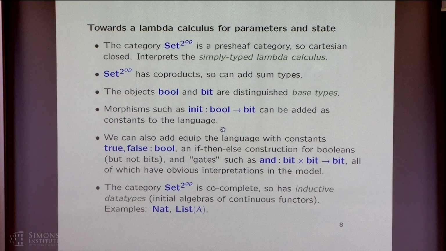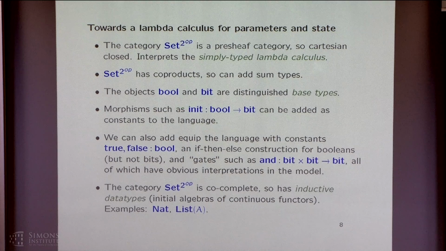Okay, so this is not yet a model for quantum circuits. I didn't have any quantum thing in this model. This is sort of a model for, let's see what kind of programming language we get in this model, actually. My game is I will first define a model and then I will define the programming language that fits the model. Okay, so what kind of programming language would fit this model here? Well, first of all, it's a Cartesian closed category. So certainly, vanilla simply typed lambda calculus can be immediately interpreted in there with no problems. The category also has coproducts, so I can have sum types, disjoint union types basically.